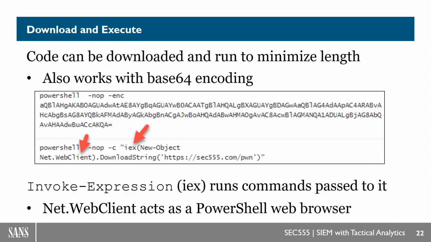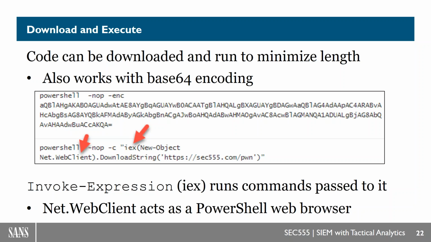So if I see IEX to something on the internet, I'm totally cool with making that a blacklist technique. And hey, raise this to the surface. I want to look into why that's happening. That is totally fair. Now, we've already gone through three different ways of catching PowerShell attacks. We've got long command line lengths, we've got base64 encoding, and now we've got some form of blacklisting. They all work, and I do recommend all of them.